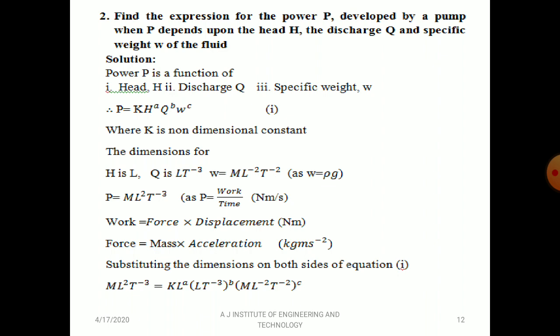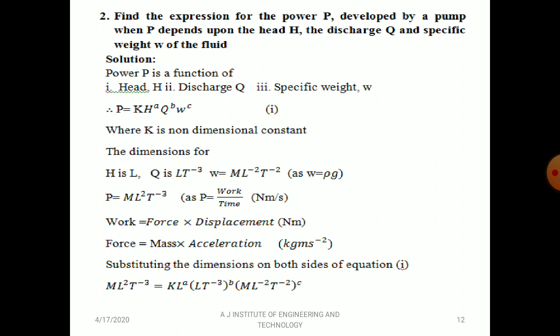write the dependent parameter in terms of a constant and powers of the independent parameters as P equal to k into h to the power a into q to the power b into w to the power c. Take it as expression 1. Now k is a non-dimensional constant, and a, b, c are exponents or constants. So the dimensions, first you have to write the dimensions of power,